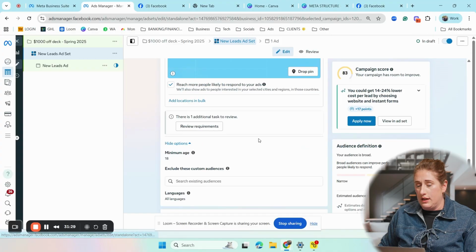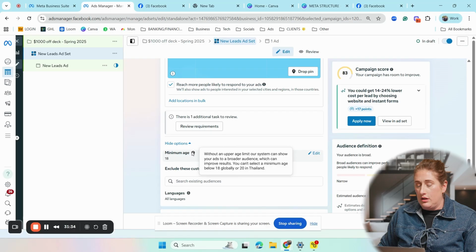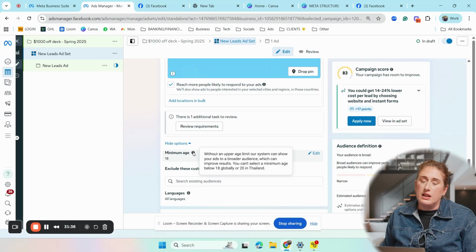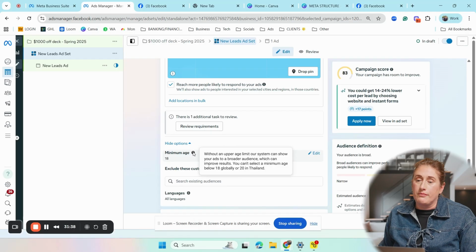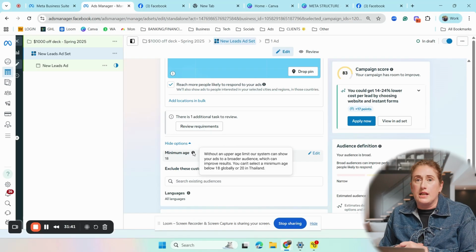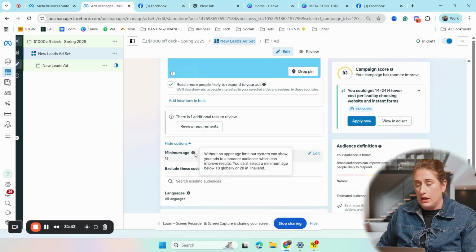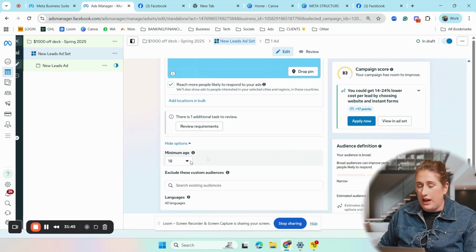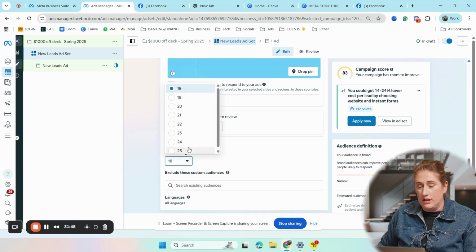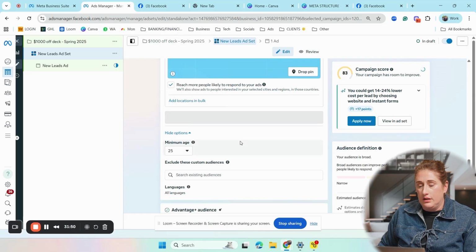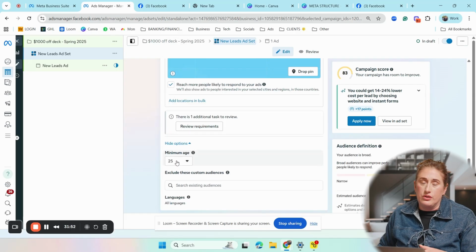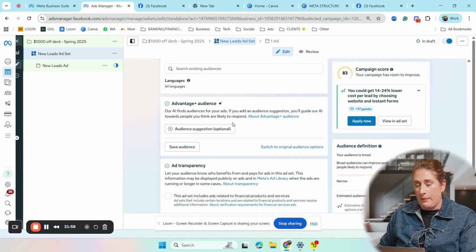There's more options here. Minimum age, this is if you're doing a service that is more, like alcohol based or something where you want to have a minimum age. I always anyway just change this to 25 because I don't want to show the ad to people that are younger than that, generally for most of my clients, because it's not going to be something that the clients would be looking to use. Okay, then we go into